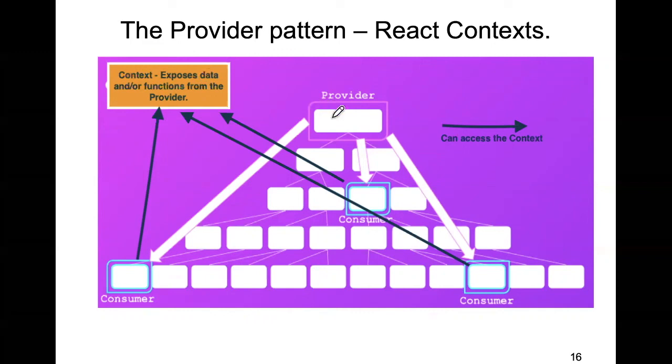So that's one part of the story. And the other part, which I'm representing by arrows, are my consumers. They can access that context directly, and they do that by using a special hook called the useContext hook. So that's a visualization of it, but the implementation